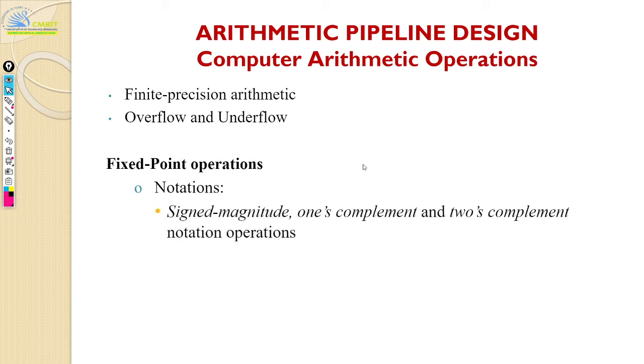So generally we have the signed magnitude. Signed magnitude is nothing but you reserve one bit for the sign, and the rest of the bits just give you the number. It's exactly like how we represent the number system, right? Minus 10. So 10 is actually the magnitude portion. So 10 could be a minus 10 or a plus 10, depending on what sign you put. So that's the basic or fundamental notation that we use.